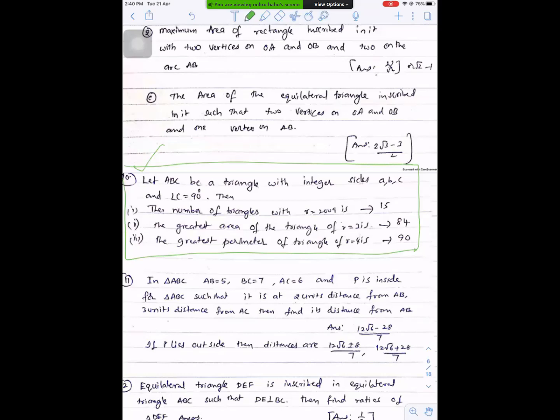I will write 5, 12, 13. Prisha, what you said just now, 5, 12, 13, how do you write it here? 2xy is equal to 12, sir. Okay, x square minus y square equal to 5. No, I'm saying in the Pythagorean triplet case, in general they use integer sides, like 2m, m square minus 1, m square plus 1. In general, Pythagorean triplet means we choose like this. What you are saying is correct, but you are saying simply right angle triangle sides.